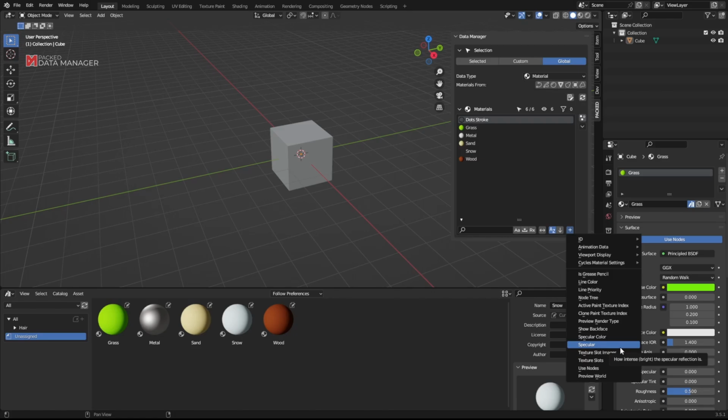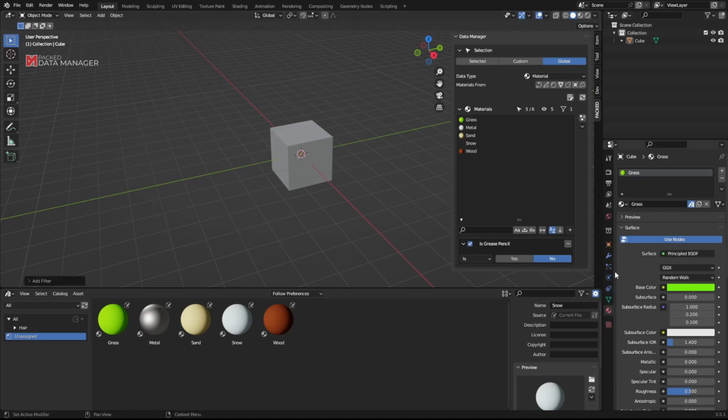We do not want to see any grease pencil materials, so there is a filter for that. It's called is grease pencil. We select it, and we can select the operator of the filter, is or is not, and the value, yes or no. So is it a grease pencil material? Is no. It means that no grease pencil material is shown. If we want to see only the grease pencil materials, we would select yes. Now we see only the grease pencil materials in the whole Blender file. So set it to no.